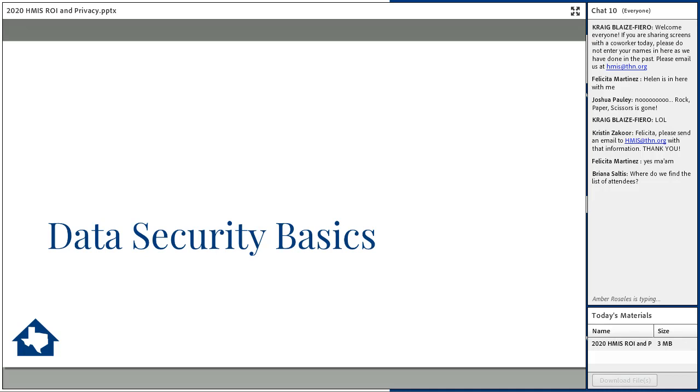So let's start with some data security basics. Each of us collects, manages, and transfers sensitive data every day, whether we realize it or not. When you collect personal information from a client, or create a new password for your account on a website, or when you email a coworker a spreadsheet with data, these are all moments that make us vulnerable to a data breach. So today I want to highlight some reasons that data security is important, and then also walk through some of those small steps that we can take to make sure that we keep our data secure.